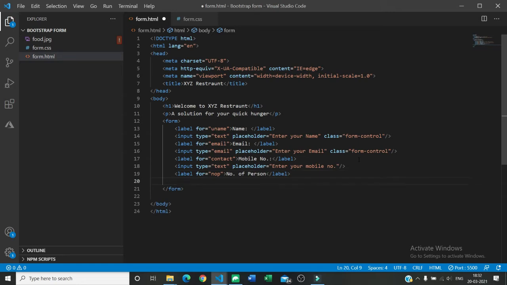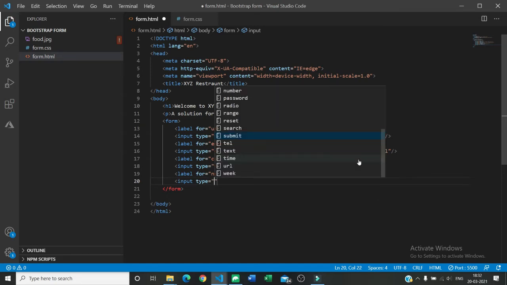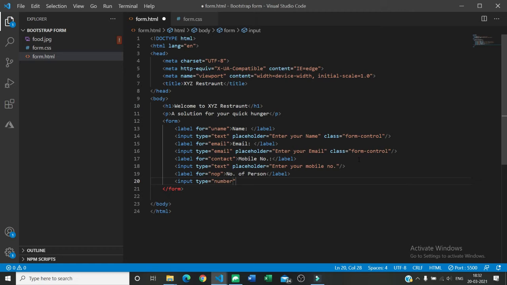Now give an input, and in input I am going to give type equal to number, and placeholder will be enter number of person. Now slash and close this.